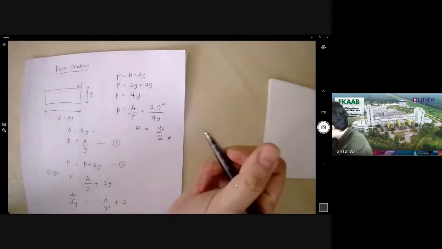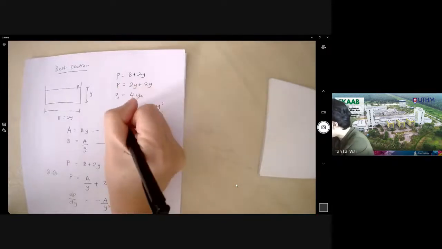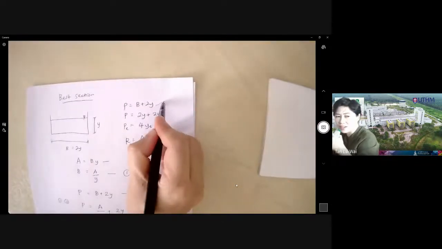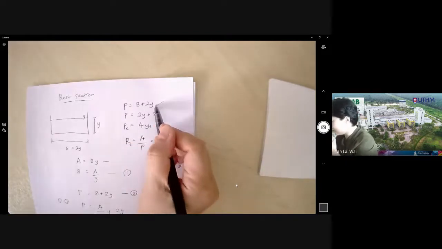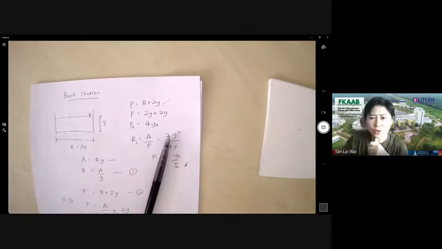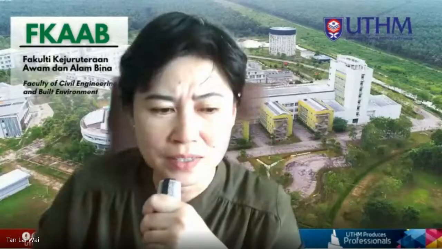So I could put the subscript E here, because this is actually the most efficient section. The others, I couldn't put like this. This is the normal formula, right? It's not the effective section yet. So if we go back to our formula,